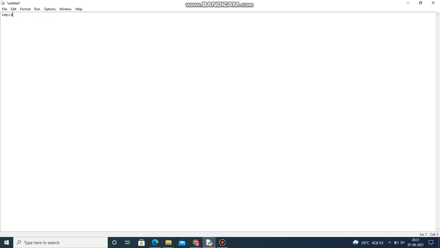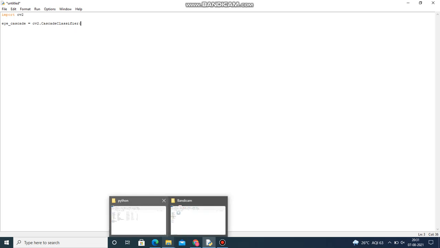Now let's import cv2. Now let's give eye cascade equals cv2.CascadeClassifier, and you have to go to the classifiers that you have here.